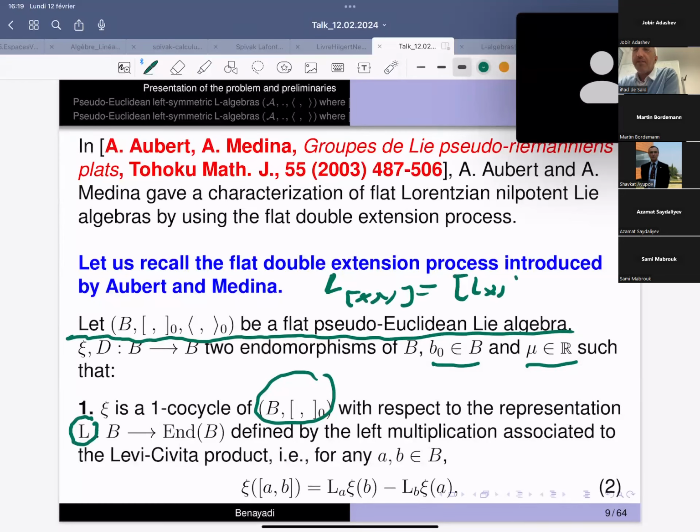This means that this linear map is a representation, and ξ is a one-cocycle of this